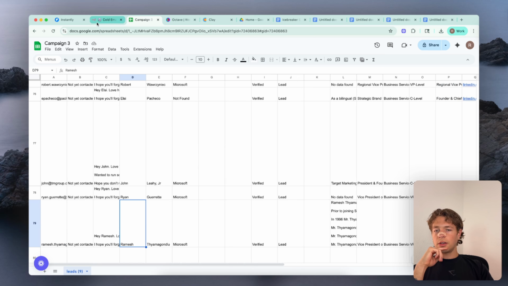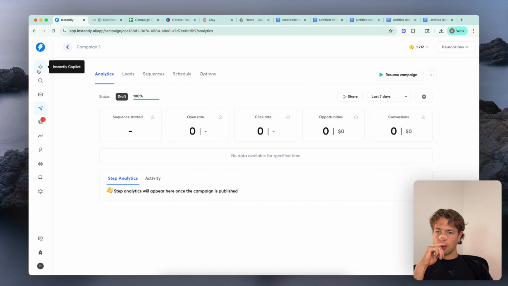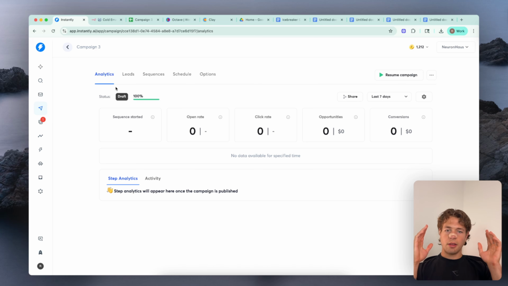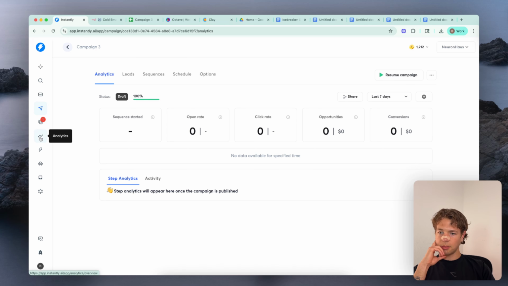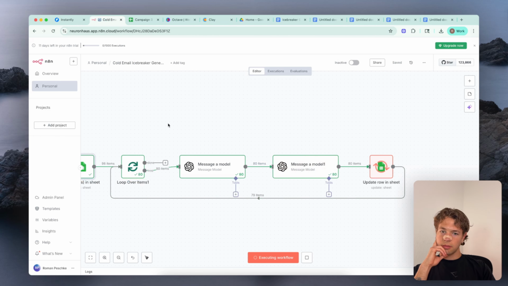So yeah, what this test is going to do, we're going to see if grabbing links through Instantly is more worthwhile than scraping them through other sources. And I'm just going to test a variety of these over time. See what works, what doesn't. Keep you guys updated with everything.